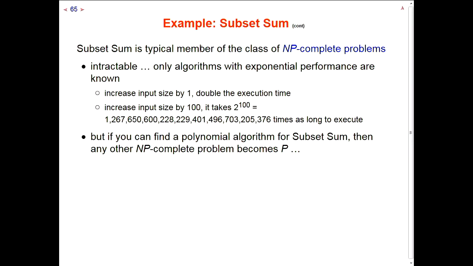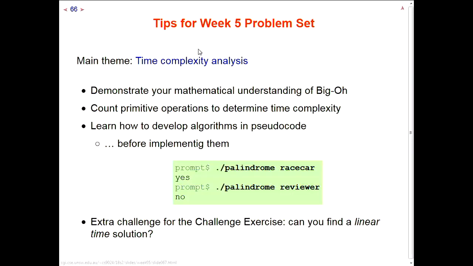I can't take any more questions because I promised that I always end on time. I'll do that afterwards. Let me just mention that the main theme for this problem